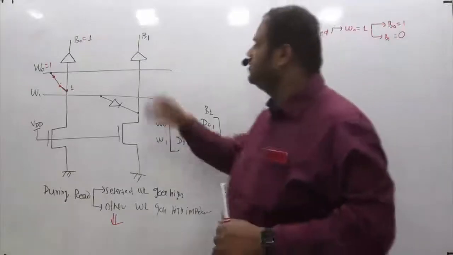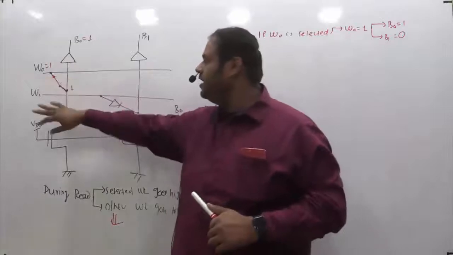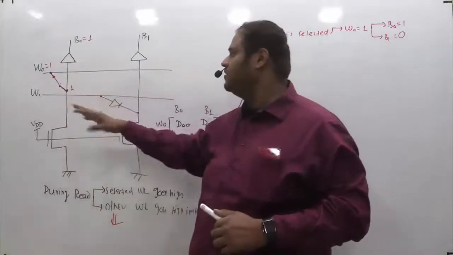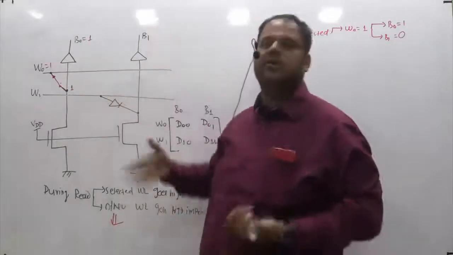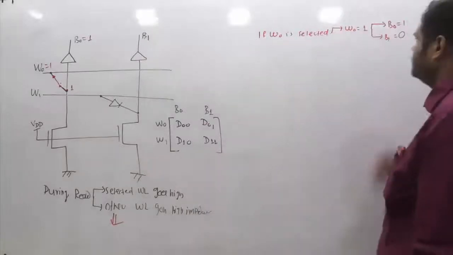I can say this would be high when you give 1 here, but at a time if you are operating this, we are not operating this, right? So this is kind of deactivated, so this is out from the system, and if I am not giving 1, I will not get 1. So if you are not getting 1, then what will you get? You will get 0. So B0 is 1 and B1 is 0.